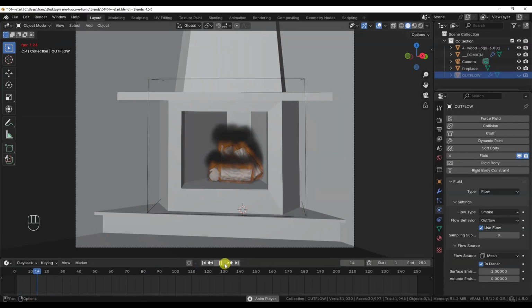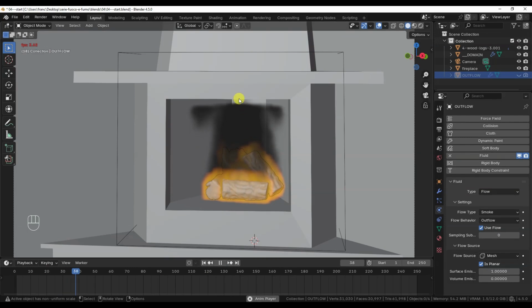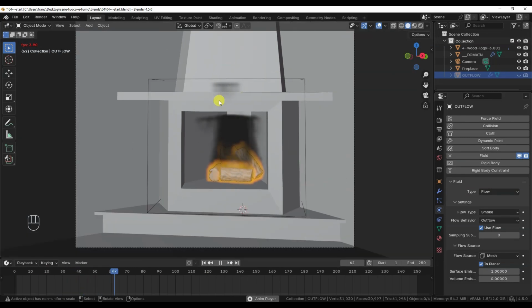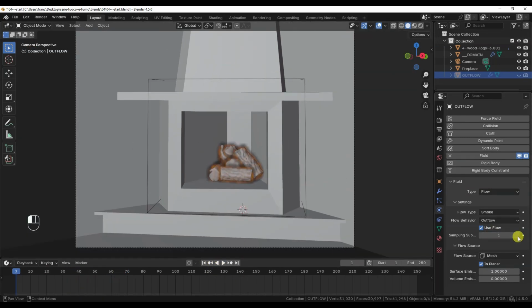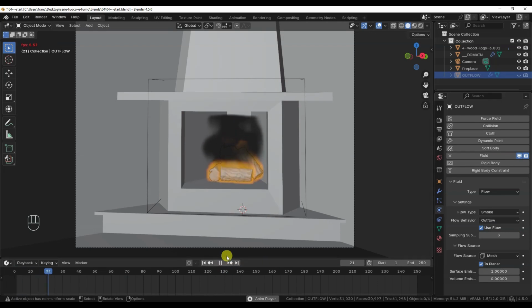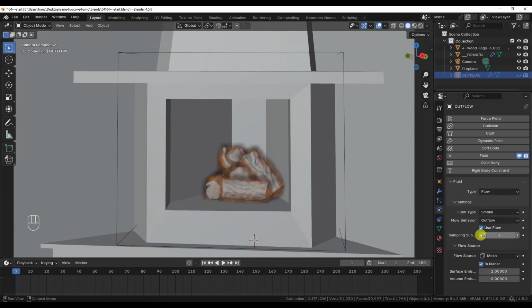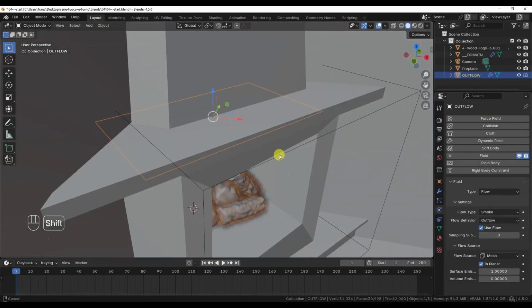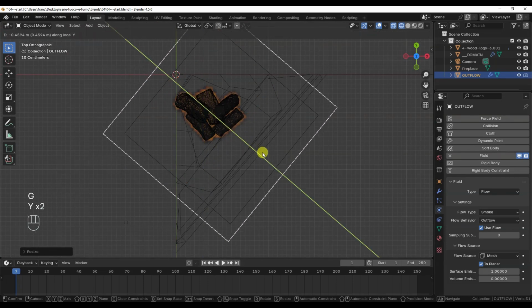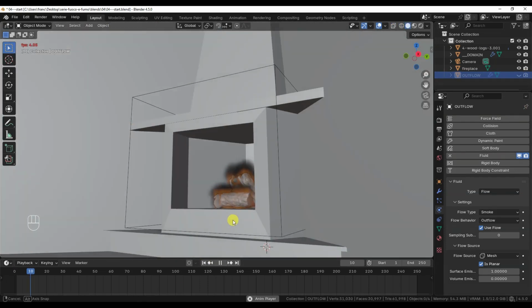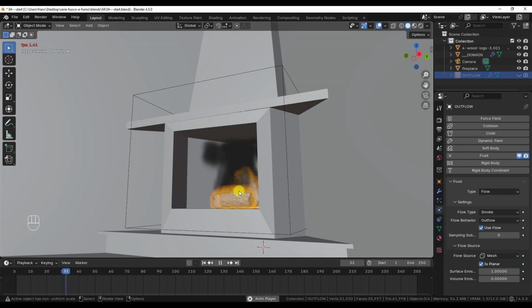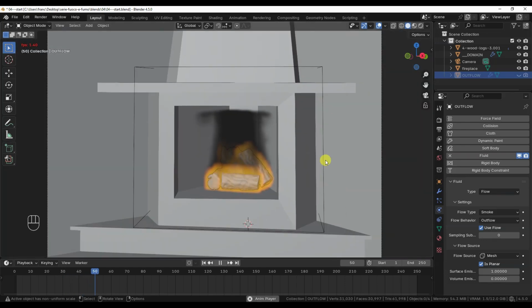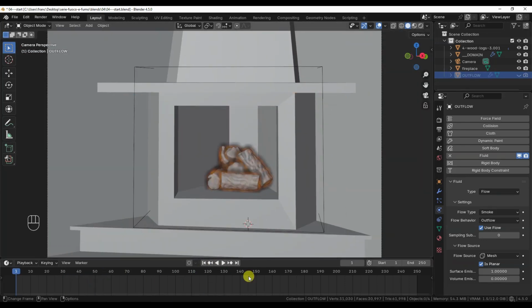Playing the simulation, we notice that at first everything looks fine, but at some point a bit of smoke manages to escape upward. Increasing the number of substeps doesn't change the situation. Making the plane visible again in the 3D view and changing the viewpoint, the solution becomes clear. The plane is too small, so at a certain point some smoke escapes outside and rises. The only solution is to resize the plane properly and try again.